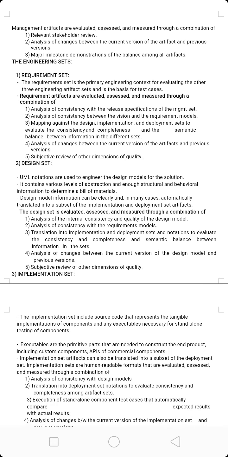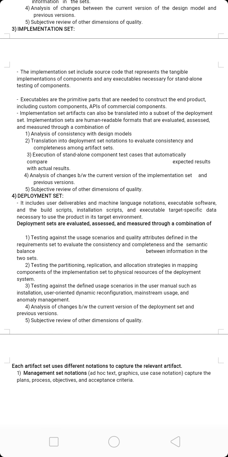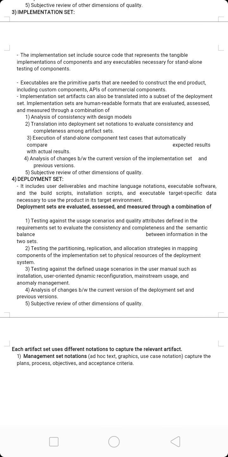Next, we have the implementation set. This implementation set includes source code, in a programming language notation, that represents the tangible implementation of the components, that is their form, interface and dependency relationships, and any executables necessary for stand-alone testing of the components.